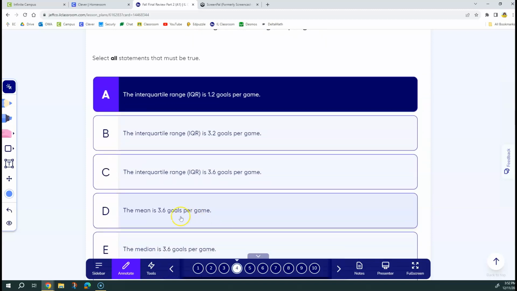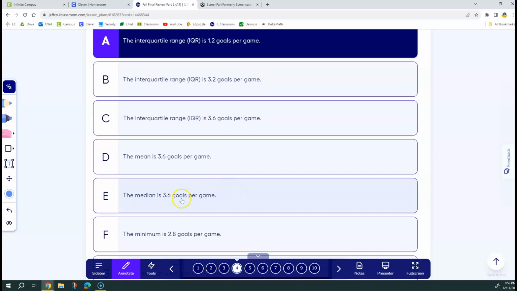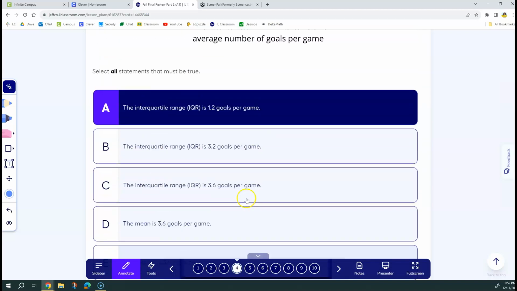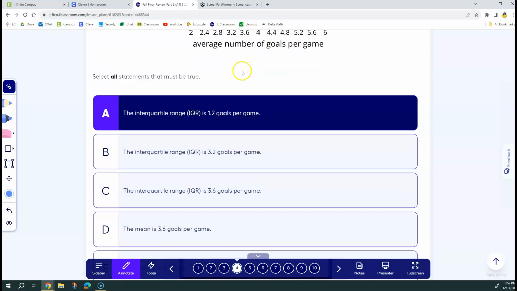Okay, the mean is 3.6 goals per game. We can't get the mean from a box plot. Okay, the median is 3.6 goals per game. We can get the median, so let's take a look up here. The median is the line inside the box, and what do you know? The median is 3.6